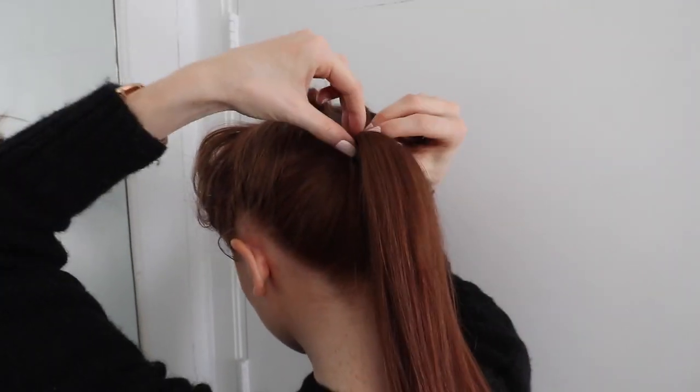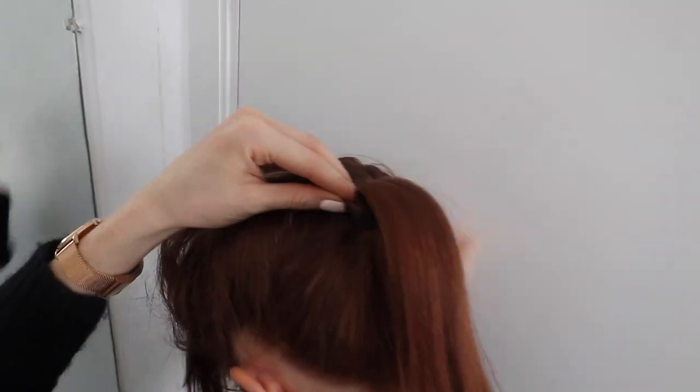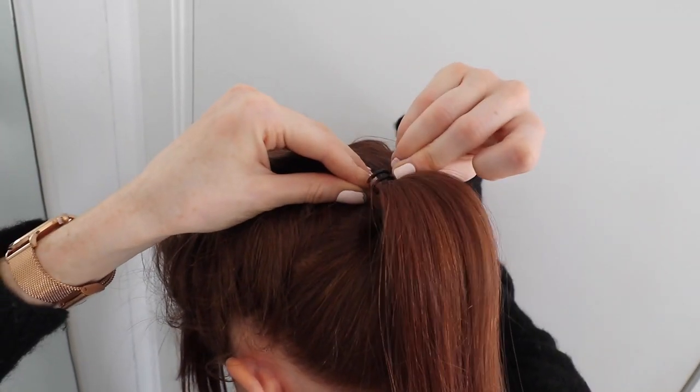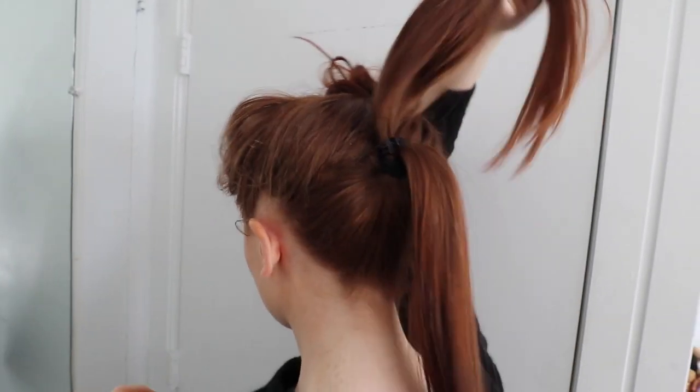Okay, so what you want to do with this small bottom ponytail is actually divide it in half. So take the top part of it, and we're going to clip the claw clip. So we're going to push this into the top part like that. And the reason that we're doing this is that this is going to make your ponytail look fuller and actually